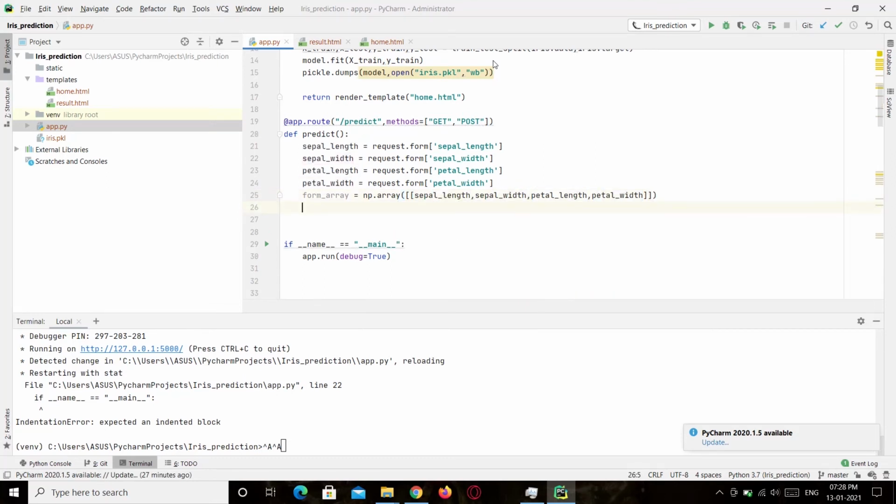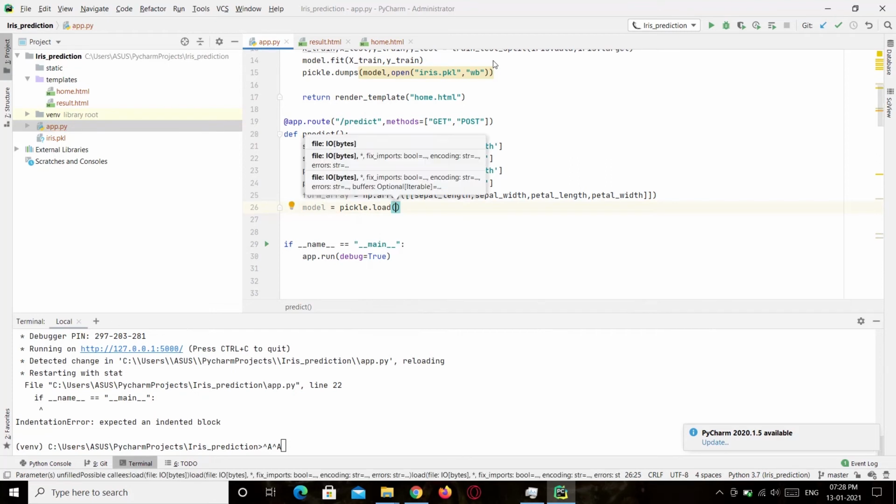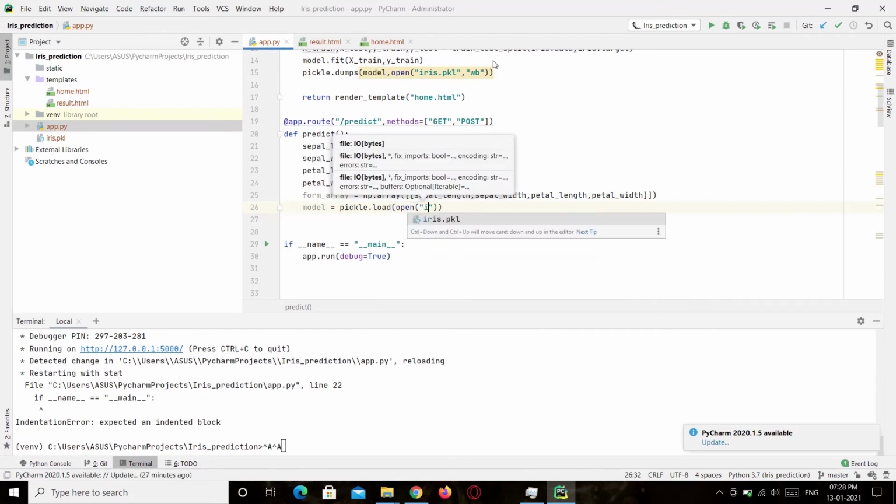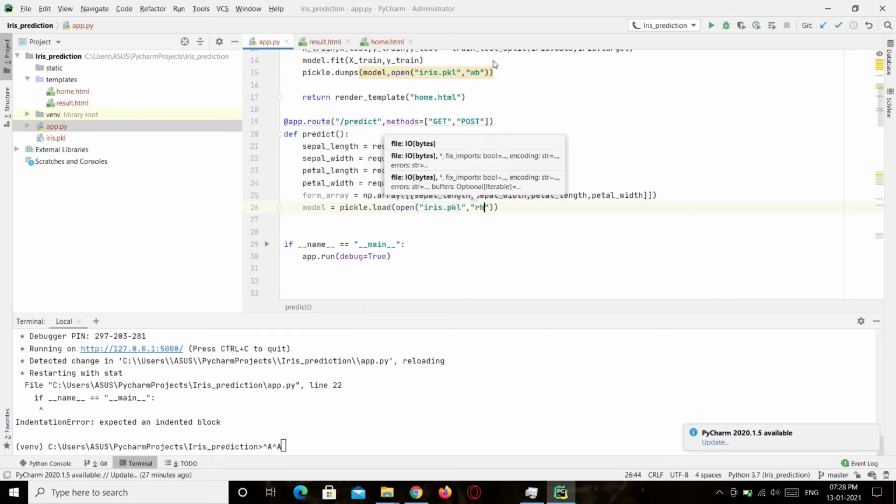We have to also deserialize the pickle file into model. RB stands for read binary.